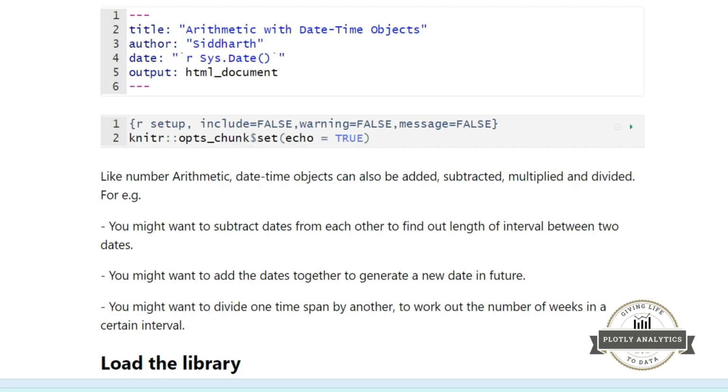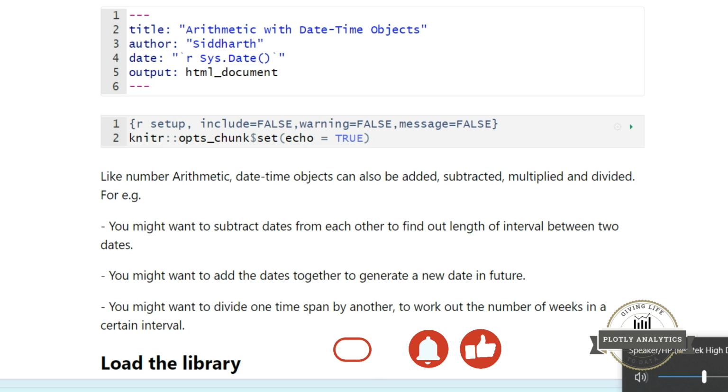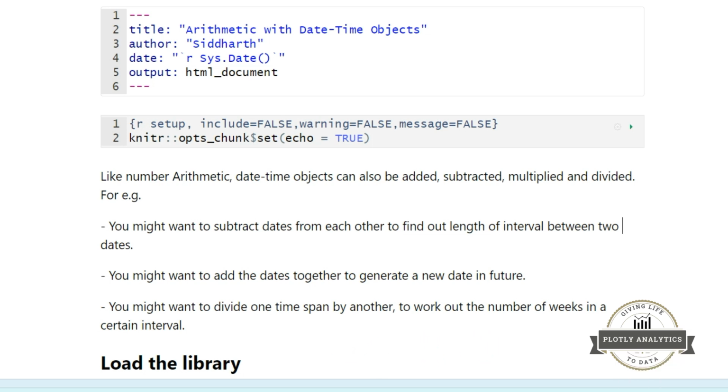Like number arithmetic, date-time objects can also be added, subtracted, multiplied, and divided. For example, you might want to subtract dates from each other to find out the length of the interval between two dates. You might want to add the dates together to generate a new date in future. You might want to divide one time span by another to work out the number of weeks in a certain time span. So in this video, we will use some of the arithmetic expressions on date-time objects and find out